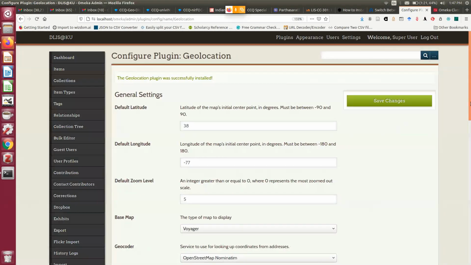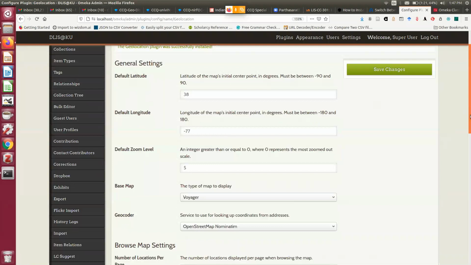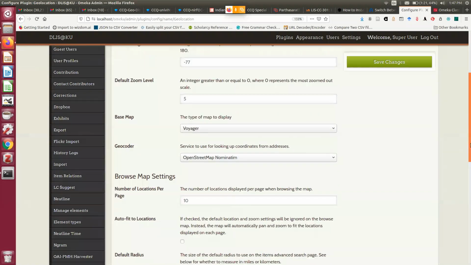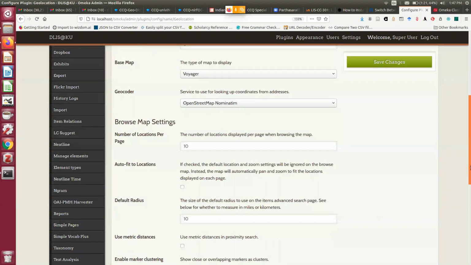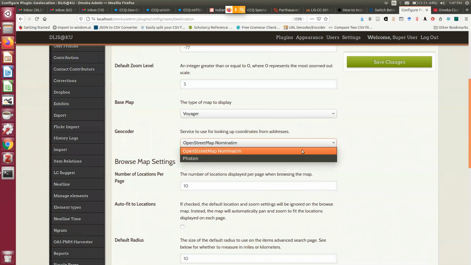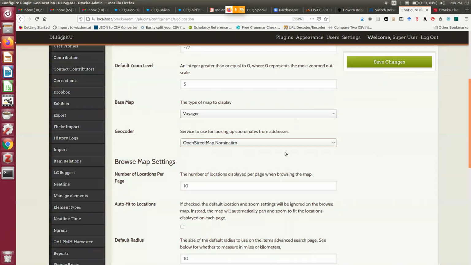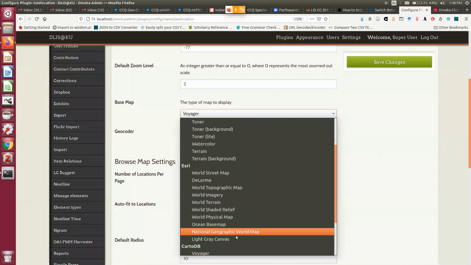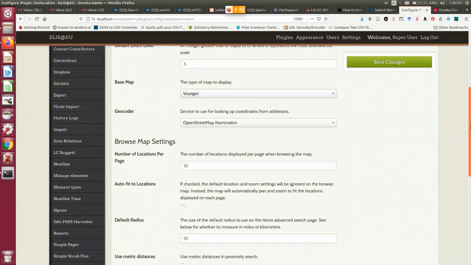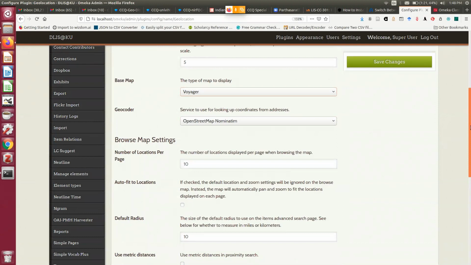It will ask me for some values. So if you do not know exactly what you are trying to do, you just take the default values. All the default values will be there. So it is saying that you will be using OpenStreetMap. The map type is Voyager. Later on, when you are comfortable, you can opt for other options.